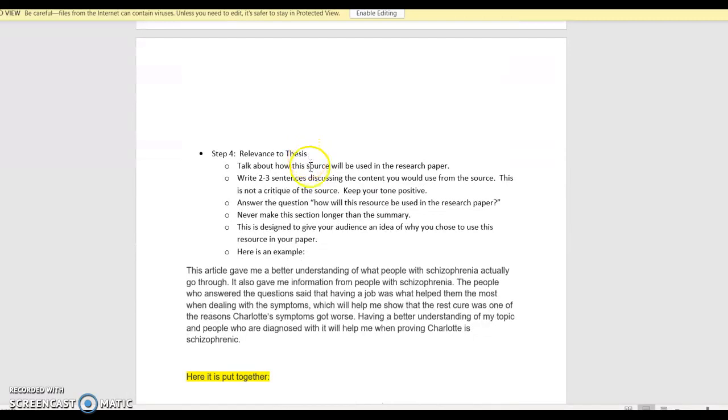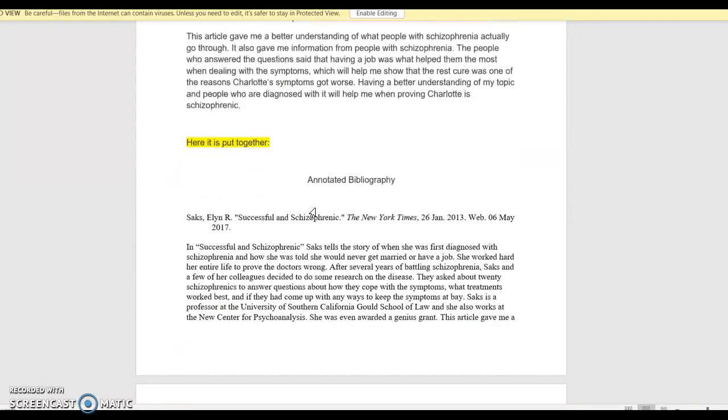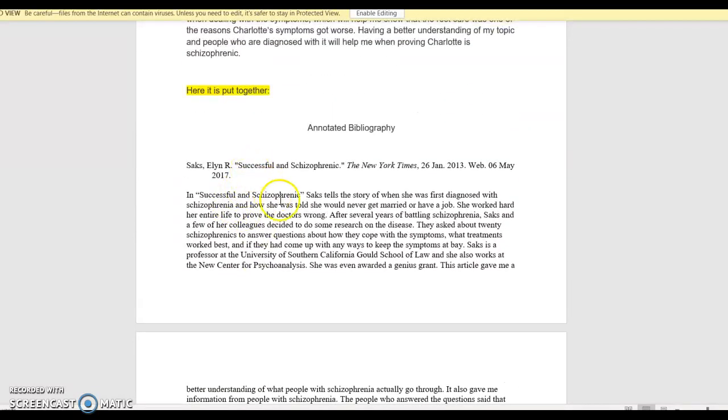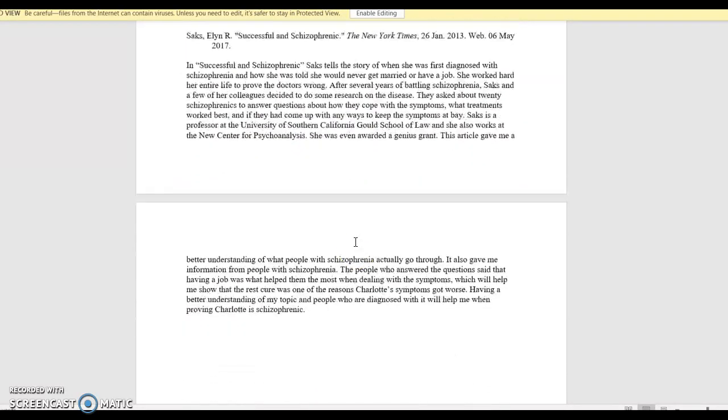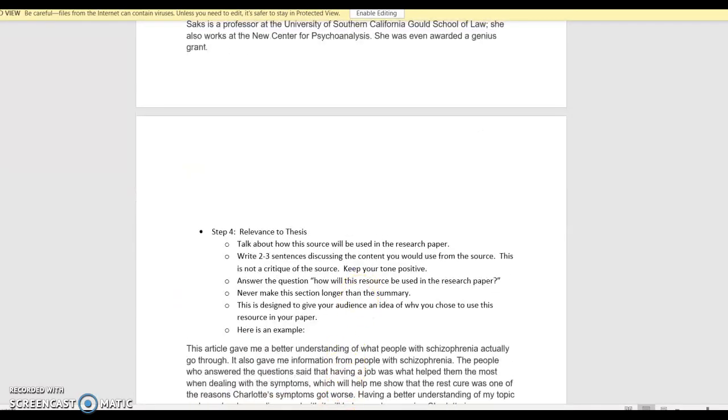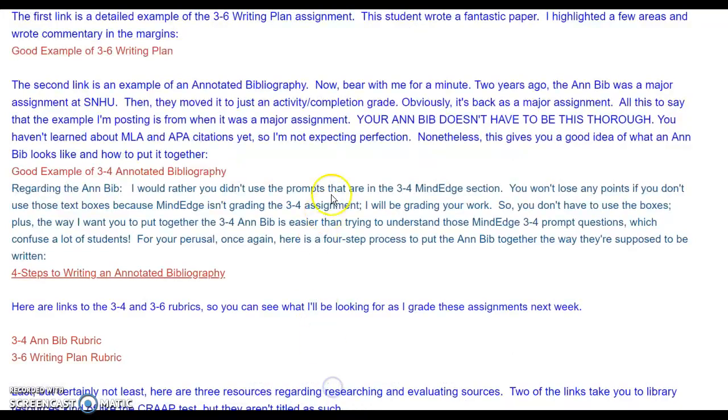And then relevance to your thesis. How is this article going to tie in and support one of your key points or your thesis? And so here's an example. And here it is all put together. So it's simple. It's a citation, article summary, author credentials, and then how it ties in with your thesis. So instead of answering all these crazy prompt questions